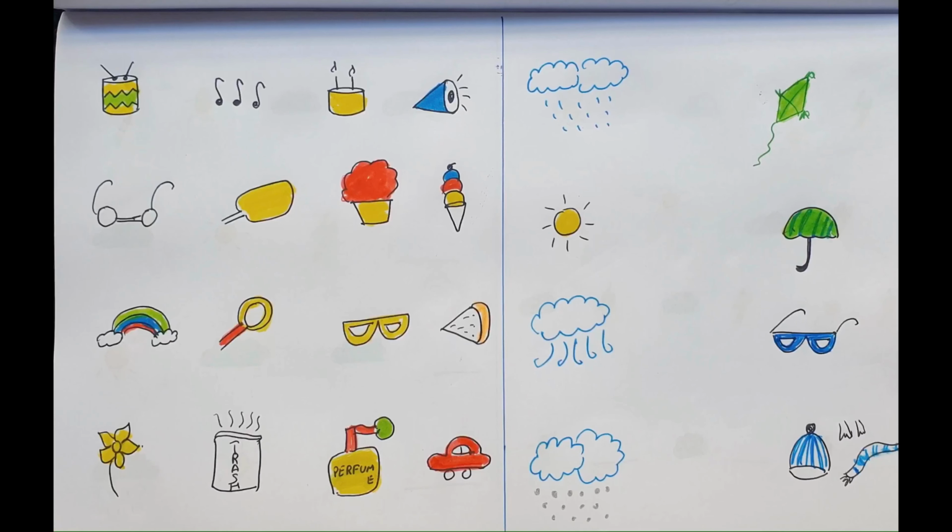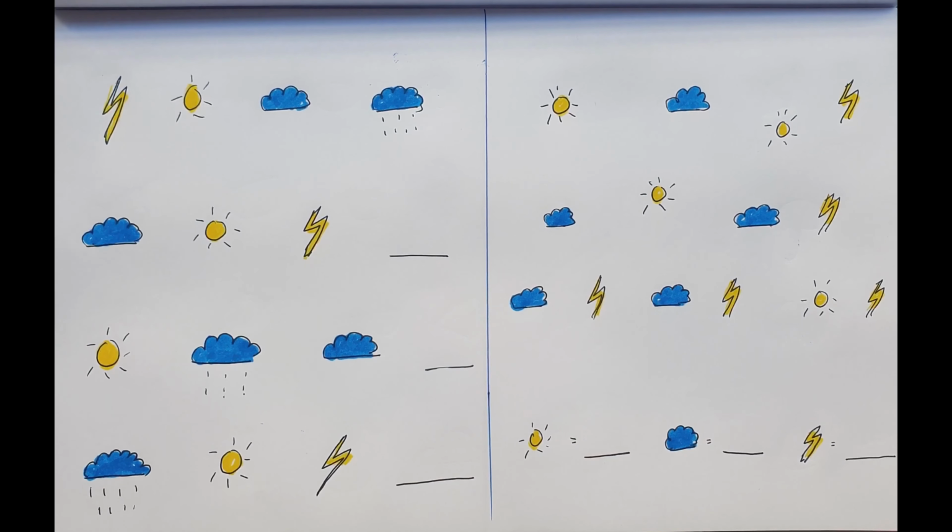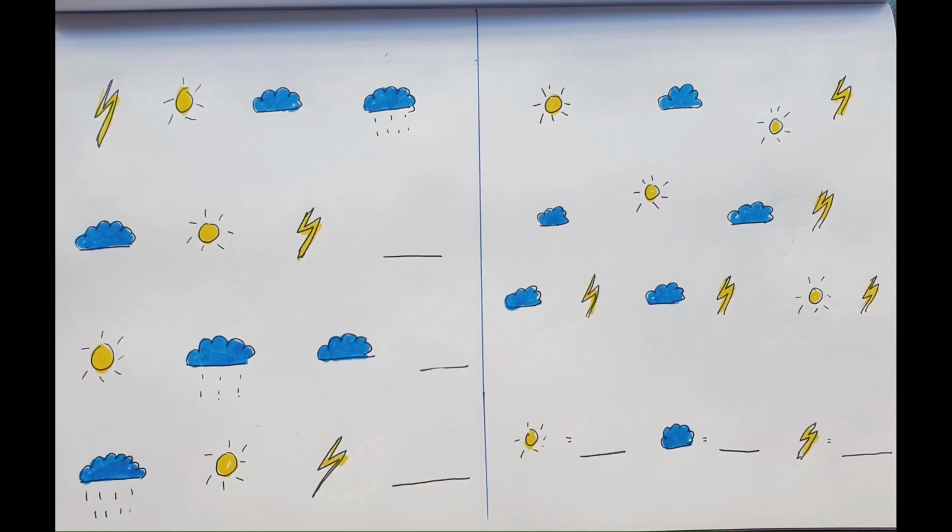So let's dive into it. Coming to the 18th worksheet, which is on the right hand side, there are seasons mentioned on the left hand side. The kid needs to identify the objects which are used in each season and match them. For the 19th worksheet, all the 4 seasons are specified in the first line. So in the below 3 lines, the kid needs to identify which season is actually missing and represent the same. Coming to the last worksheet, the kid needs to count all the suns, clouds and thunders and specify the value in the bottom line.